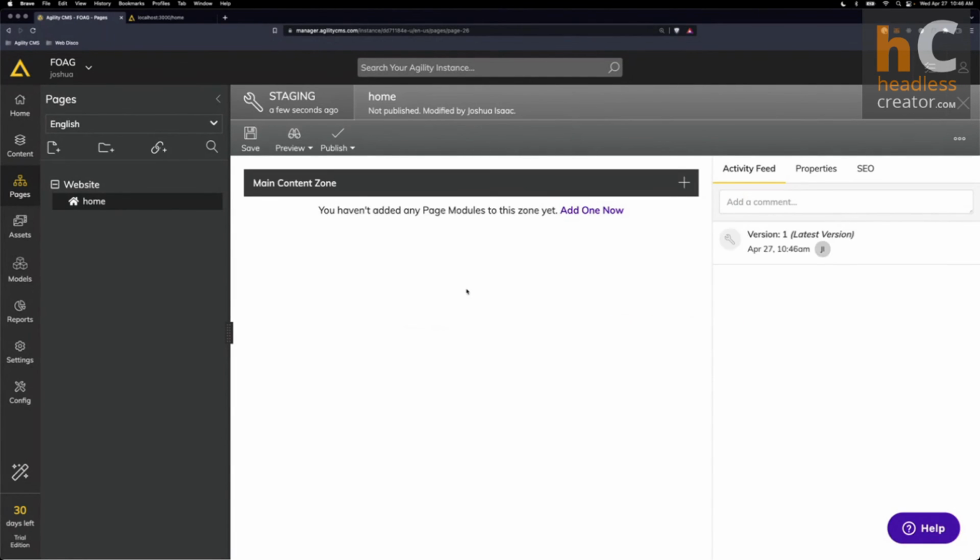You can now see I have a home page in my sitemap. And my page has been configured here with my main content zone. And there are currently